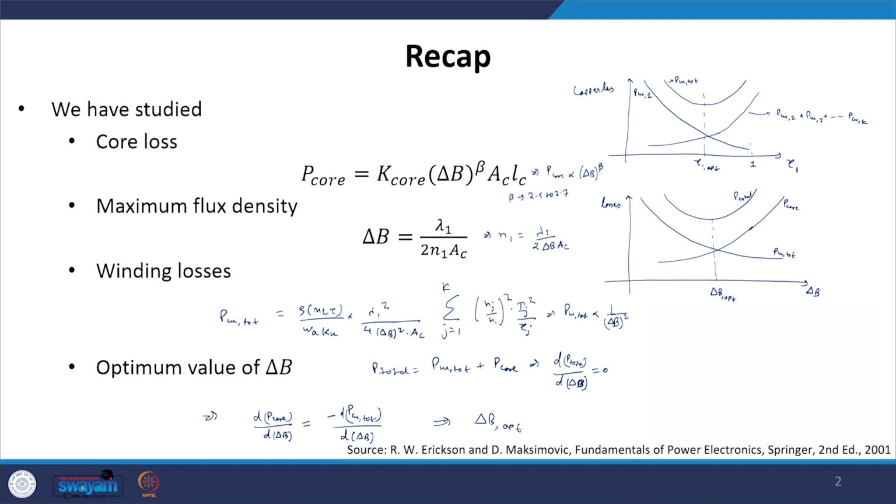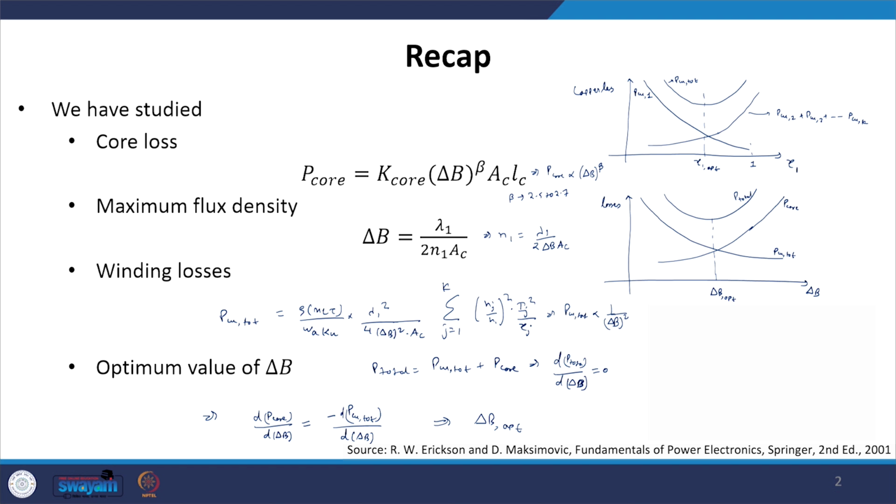So there will be an optimum value of this gamma j for which the total copper loss will be minimal. As we increase gamma 1, the fraction of the area allotted to winding 1, the copper loss reduces, primarily because the area allotted to winding 1 increases. So for the same number of turns we can use a thicker conductor, and that is when our copper losses in the winding reduce.